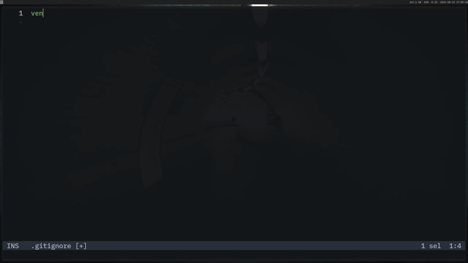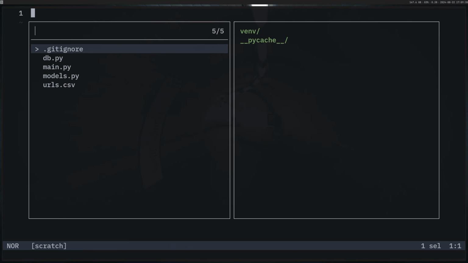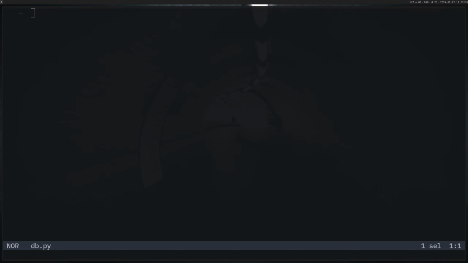And we're going to say, well, let's ignore any venv and any pycache folders. Cool. And now when I open up Helix, we get just our working files here. So let's start with the database one. The idea of this is we create something where we can initialize our database and hold all that